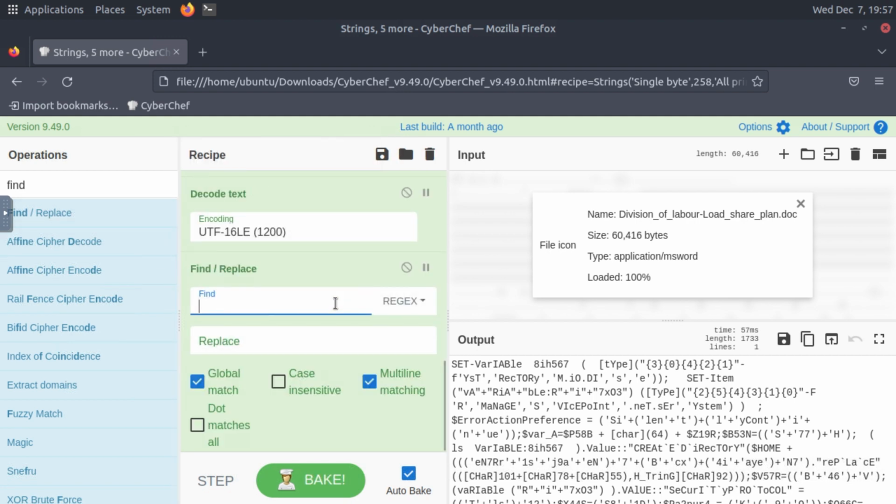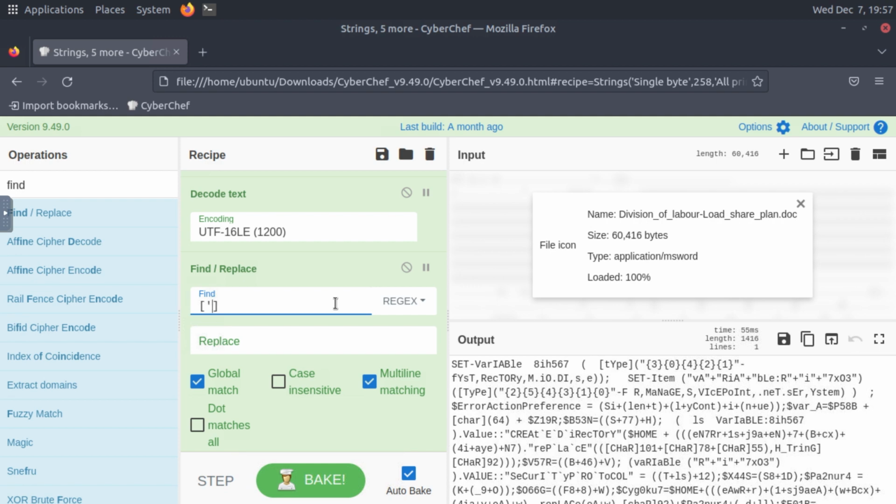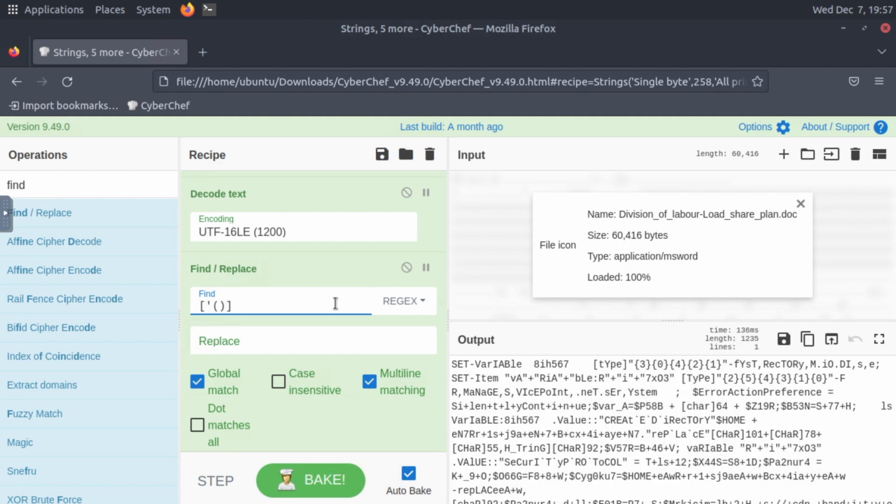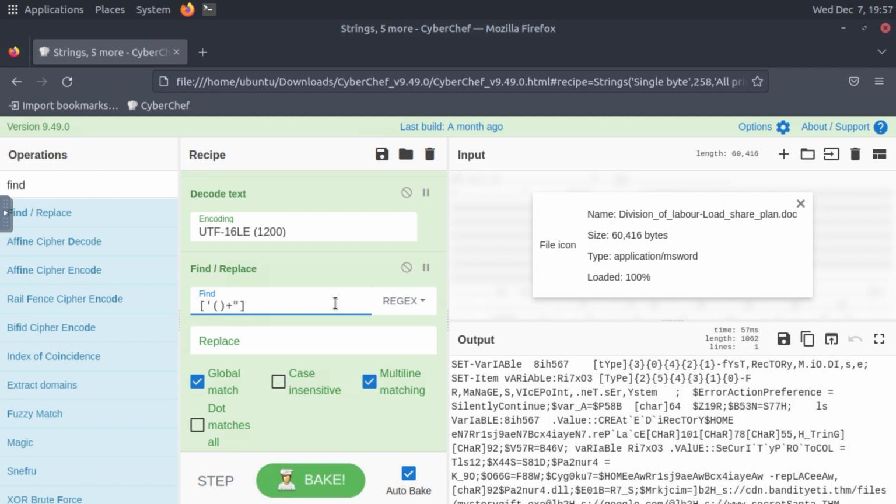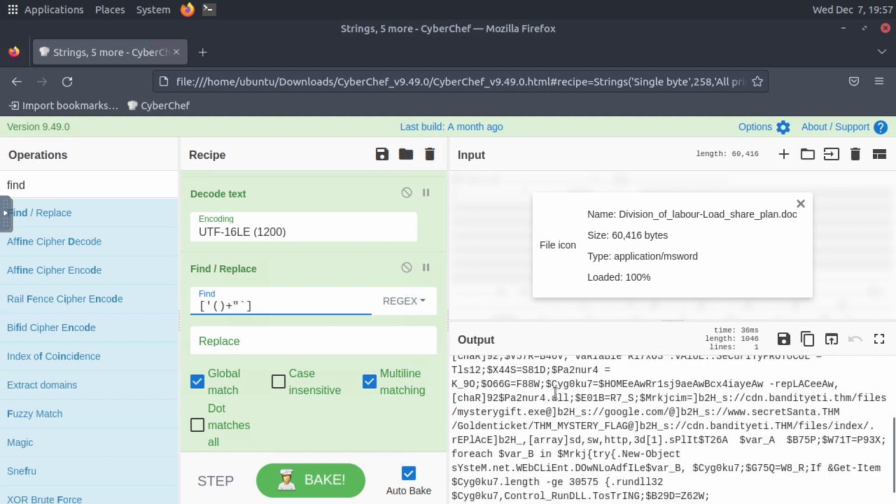And now we want to get rid of a couple of characters, but this is specifically what you're going to type. This is the regular expression that you're going to want to actually find inside of our data and actually replace it. So we're going to take all of those out of there,